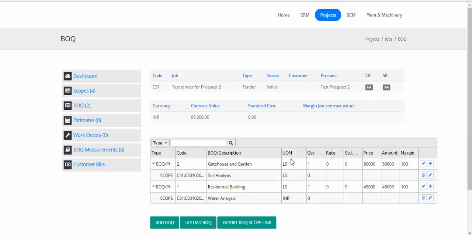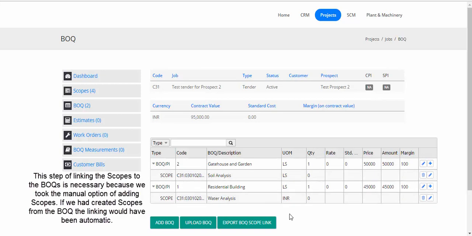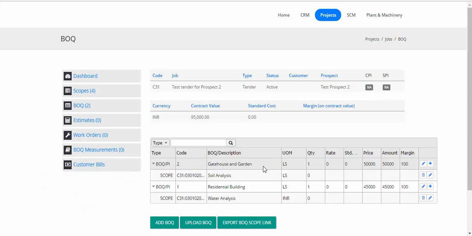So the next step, now that we have planned the breakdown of these two BOQs, that these are the activities necessary. Now obviously in this particular case we've only added one activity each, but in reality we'd add a set of activities to complete this BOQ. For now we'll just worry about this particular one. So we have planned the work, we've broken down the work. Now the next stage is that we would like to